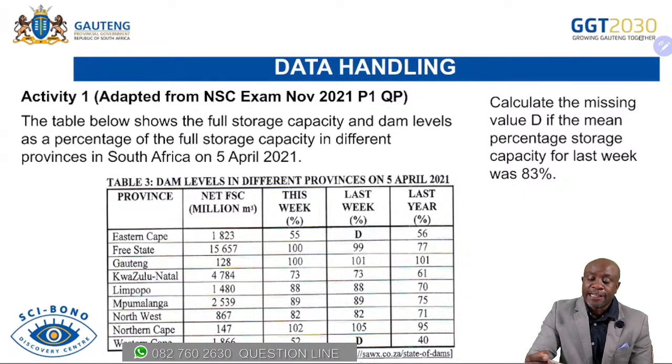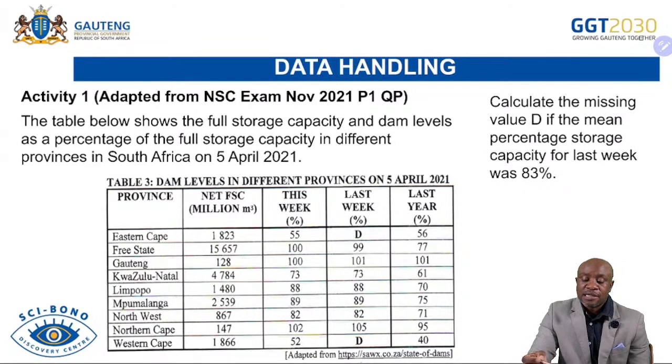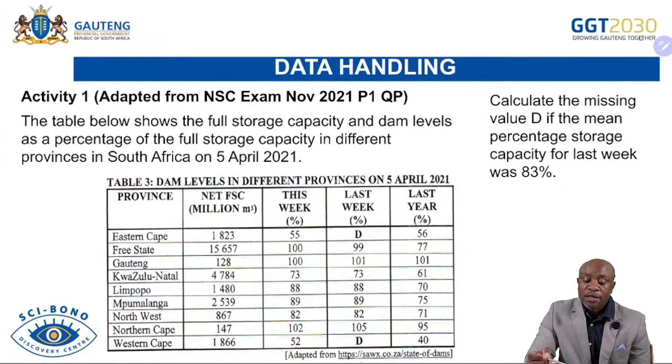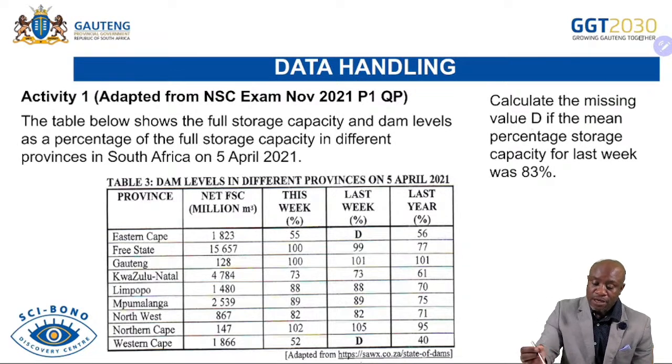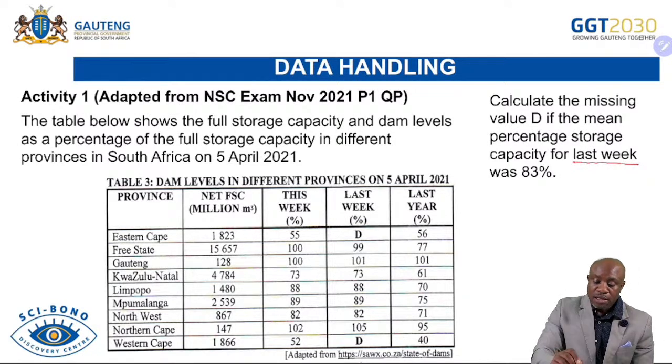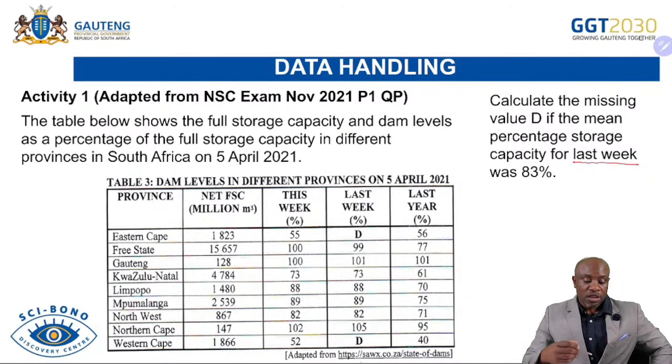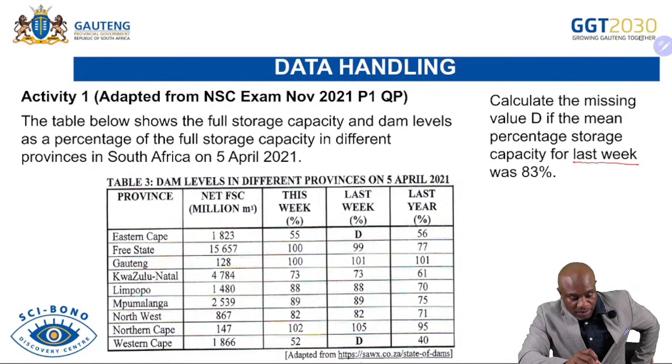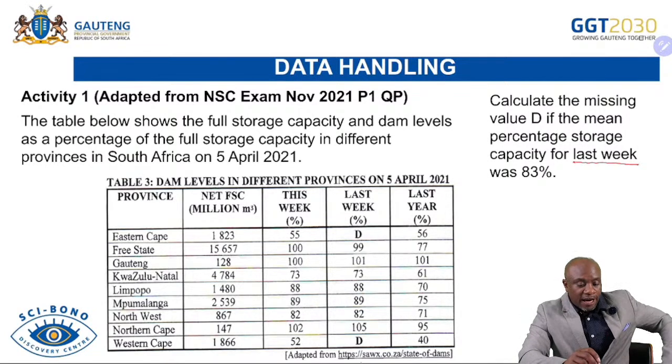You needed to find the value of D. So the question says calculate the missing value D if the mean percentage storage capacity for last week was 83. So the key words that we're looking for are "last week". This is what you do when you are using tables and you are interpreting questions and finding answers